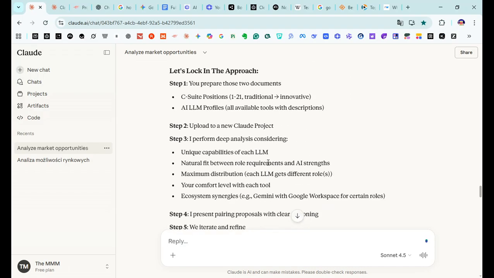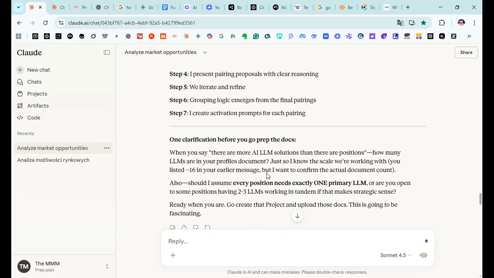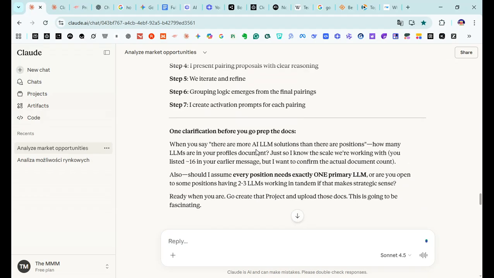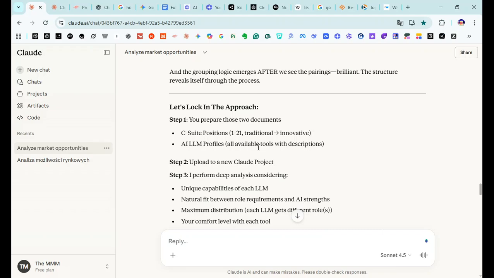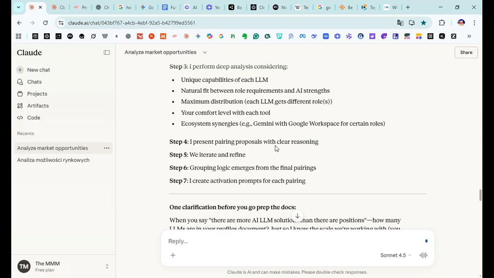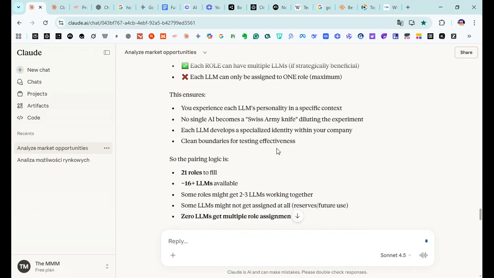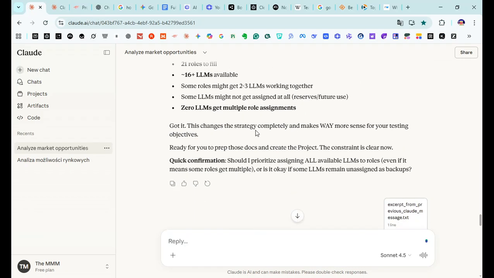So I had to again tell it not to put a single AI into more than one role. Rather do the opposite way. So one role can be assigned to more than one model, but not the other way around. So it fixed it.